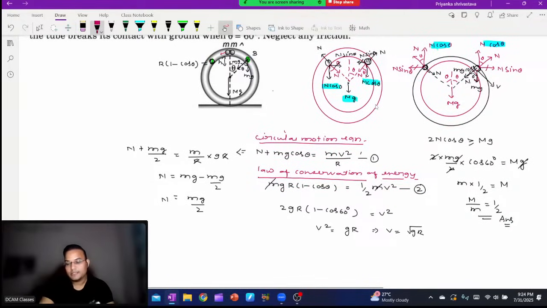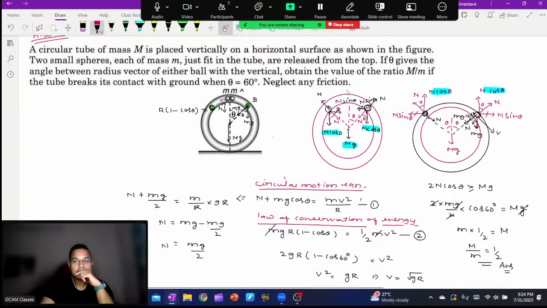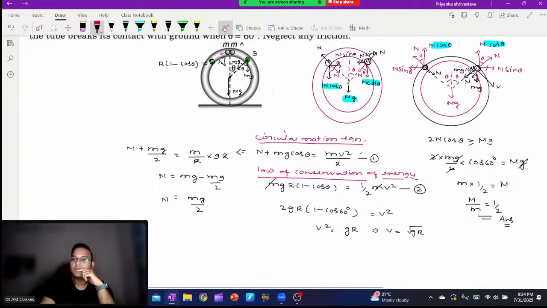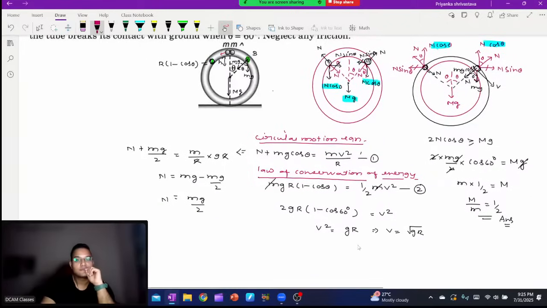Okay. Shall we move to another part? Haripriya, how is it? Okay. Yes, sir. I could get the circular motion equation, but I messed up the mass, the capital M and the small. Did you make this one, law of conservation of energy? No, sir. I came until the circular motion equation. Acha. Second, I got the value of N, and then I was about to do the law of conservation of energy and used.